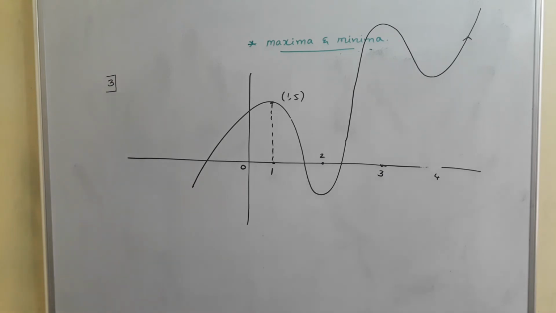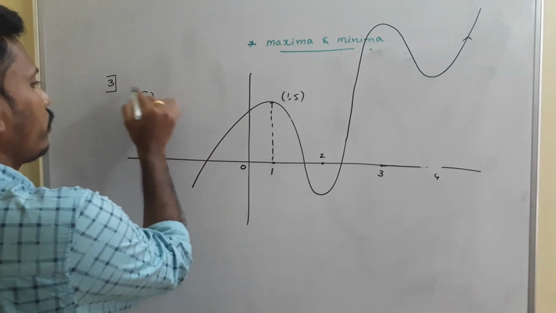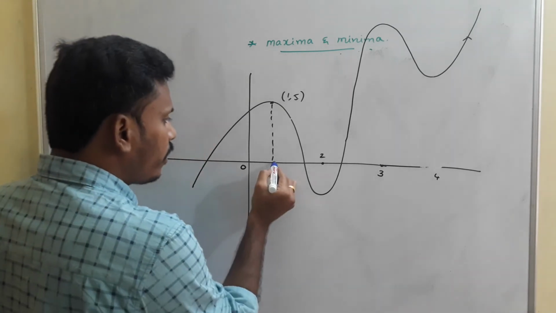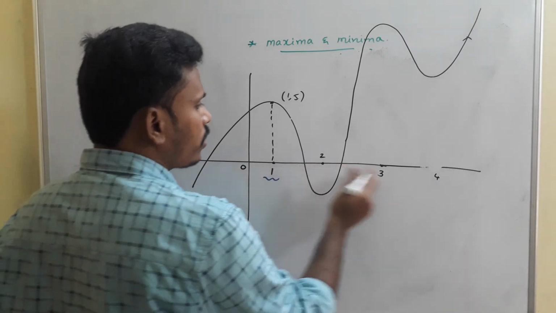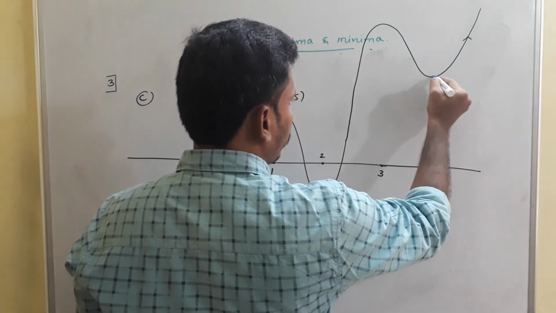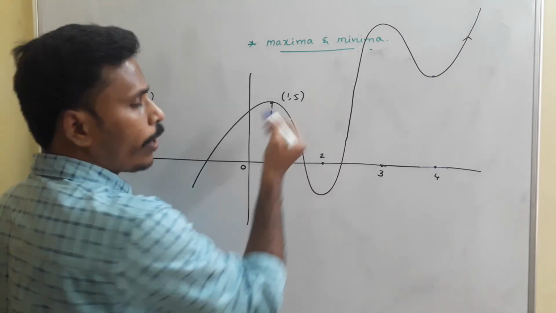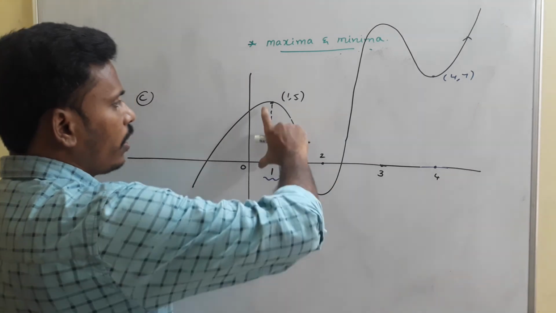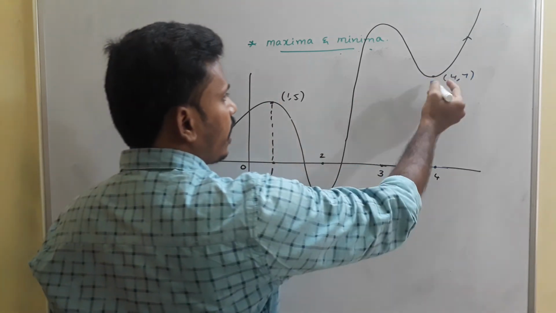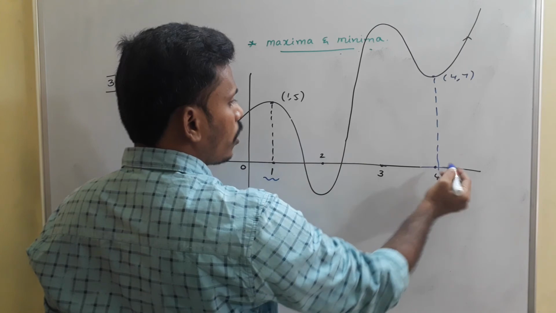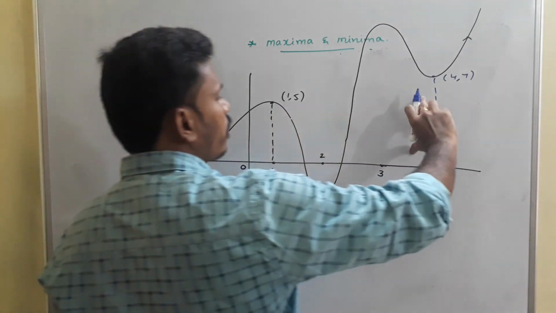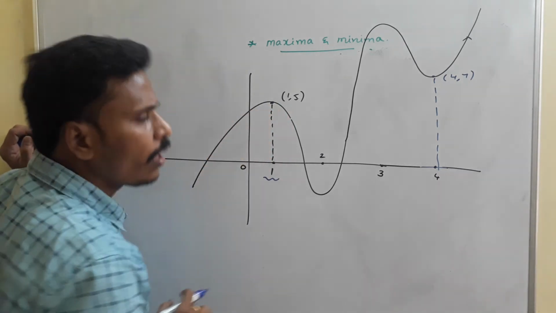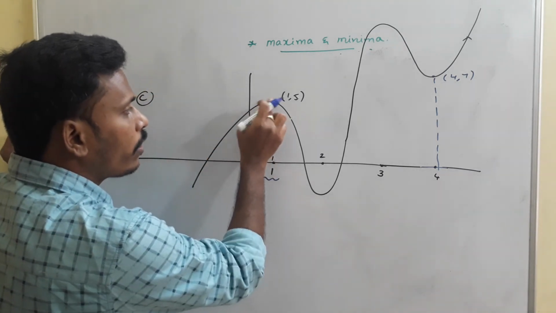Okay, look at one more example. You just take it as 3c. For this 3c, when you observe the graph at this particular point 1, I am just mentioning these numbers roughly, just to analyze the situation. At 1, since the point is 1 comma 5, and at 4 you may say the point is 4 comma 7, because this height is somewhat lesser than this height, right? So if you consider this length as 5 units and this length as 7 units, take it as 4 comma 7. At 1, this is the maximum, since in the surroundings of 1, this is maximum.